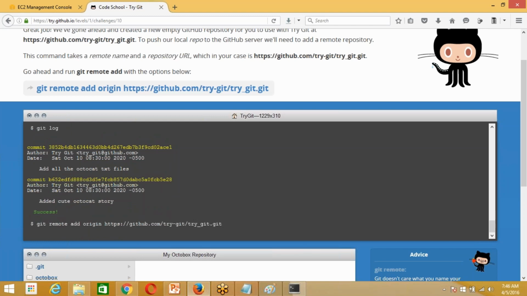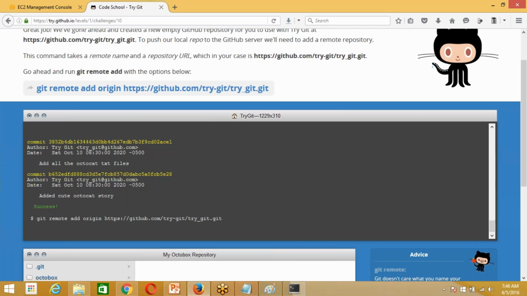So git remote add origin. What does this do? We have GitHub. GitHub is an open source repository for everyone. If you also want, you can create your account and create repositories there. Instead of setting up your own Git server, GitHub provides a place where you can store your data online.